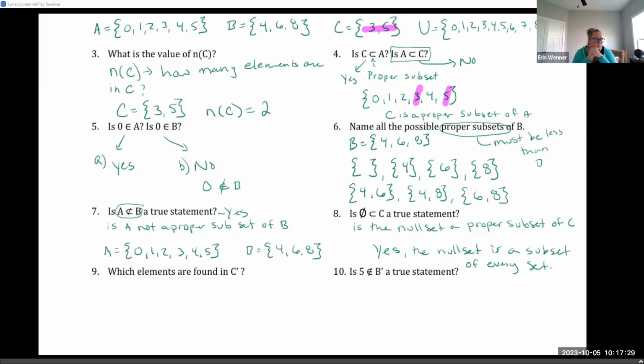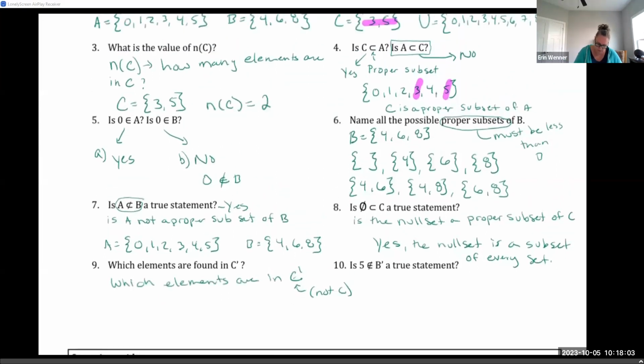So number 9, it says which elements are found in C complement. Which elements are in C complement, which, remember, C complement means not C. In order to answer this question, we have to look at our universal set. And our universal set,